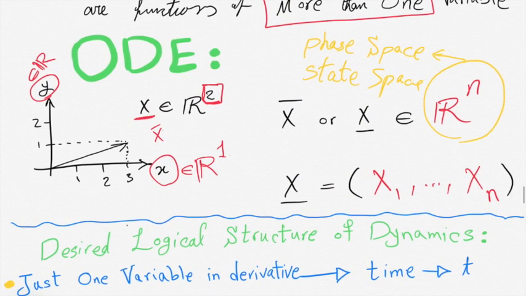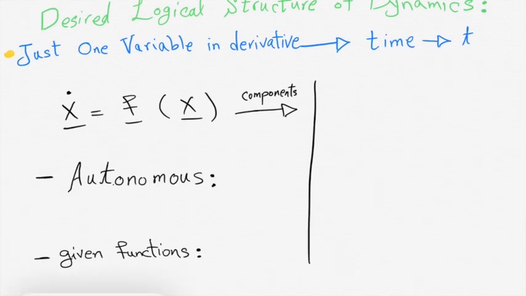So the desired logical structure of our dynamics will be something like this: we have the derivative, written with this simple dot, so that the vector x dot is equal to a function f, which can also be a function of the x vector. If we want to write it in components, then it's going to be